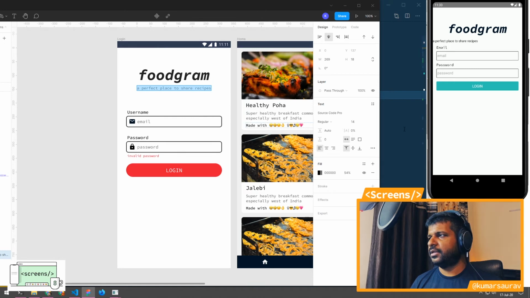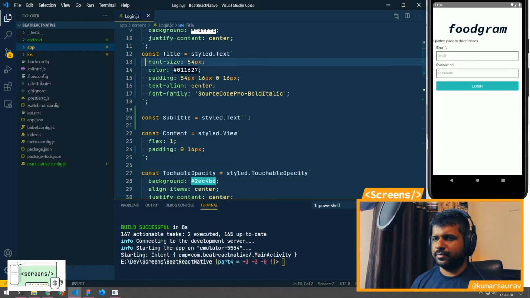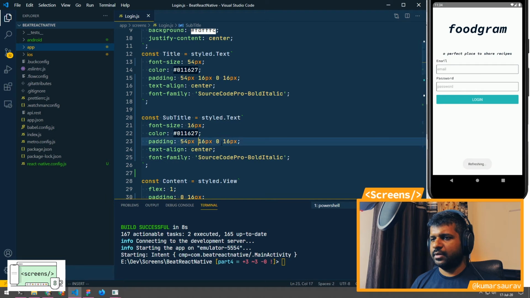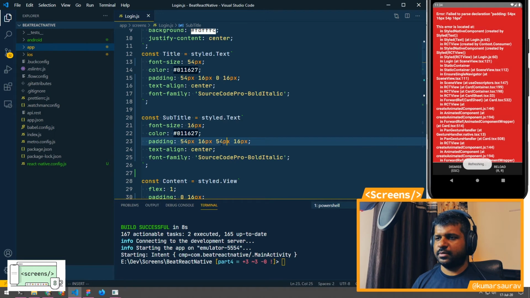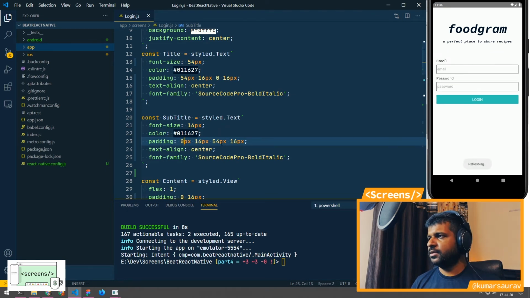Let's copy this, and we need to change the font size to 16 pixels here, and we will remove the top padding and provide the bottom padding. Let's do 54 pixels here as well as 0 here, and the font family will be regular rather than bold italic.